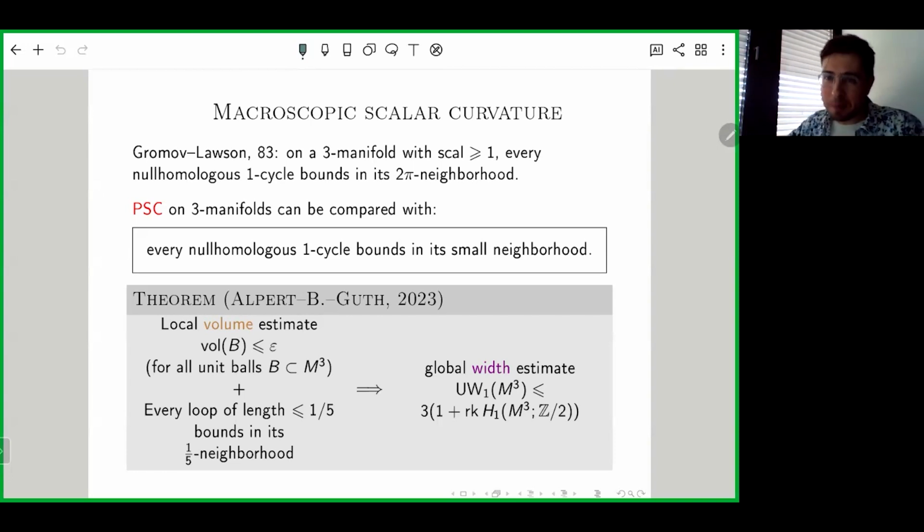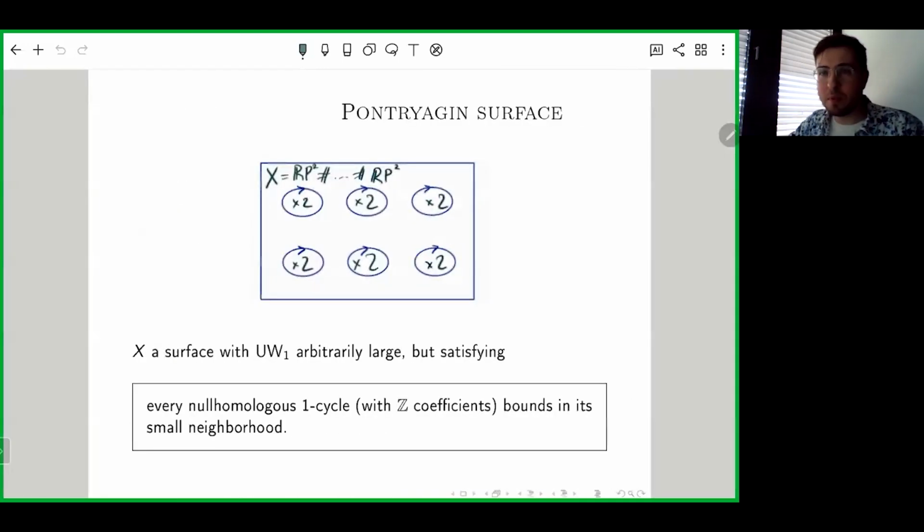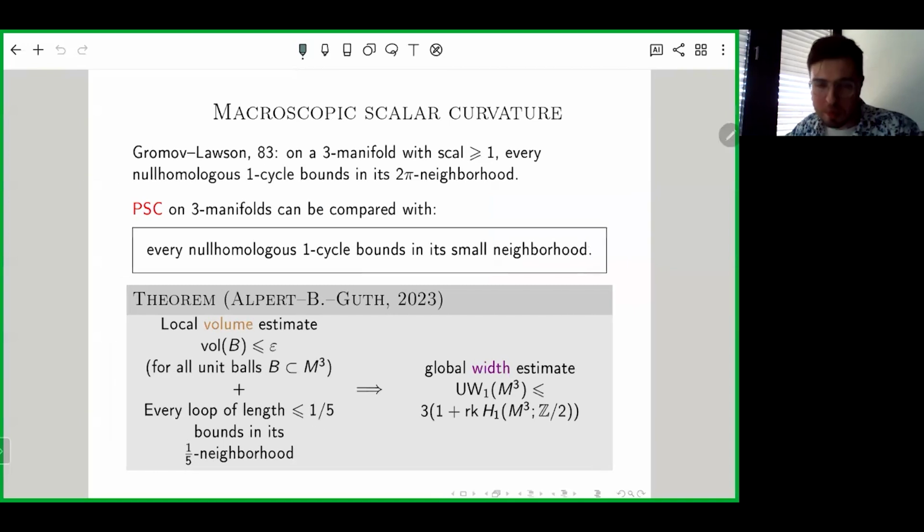Thankfully, Evgeny actually explained it, and I'm not going to do this because I want to skip to some other facts that were not mentioned in the previous talk. So one of them is that, okay, the metaphor that I gave in the previous slide, that this condition, that PSC can be compared to this condition, non-homologous cycles bound within reasonable distance from its name or